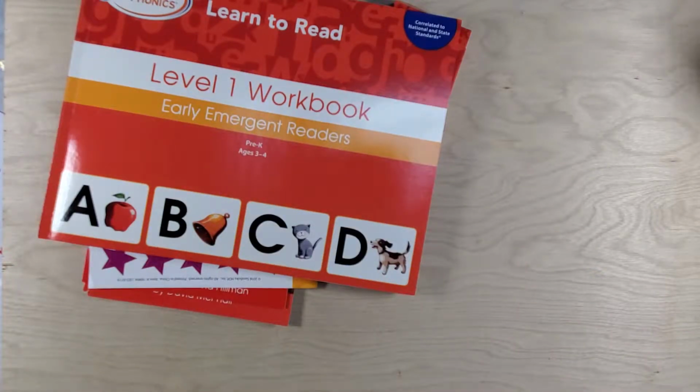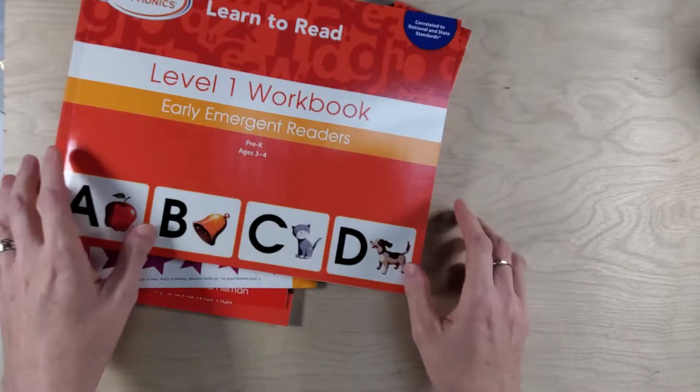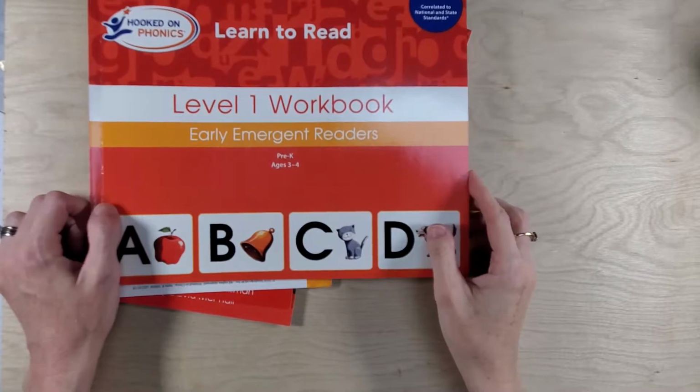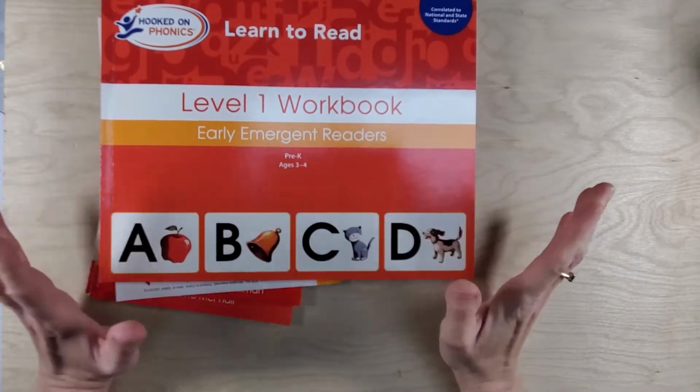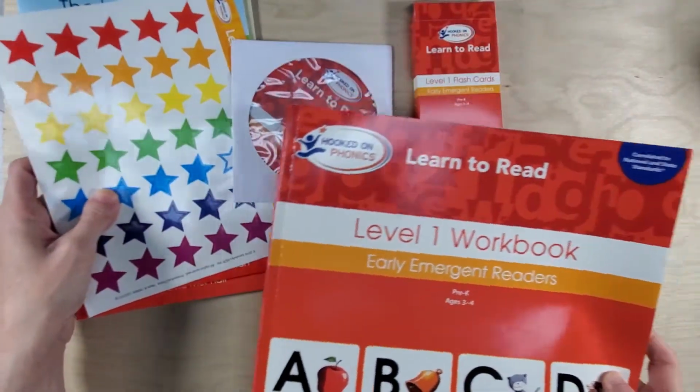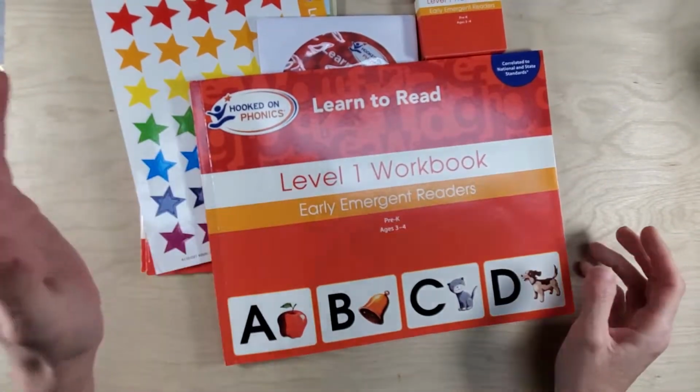So we didn't worry about teaching him his letter names or sounds or even doing the alphabet song with him. We haven't even done the alphabet song with him. So when I decided not to use Logic of English, we needed to start at the very beginning with the basics. And so anyway, we've chosen Hooked on Phonics